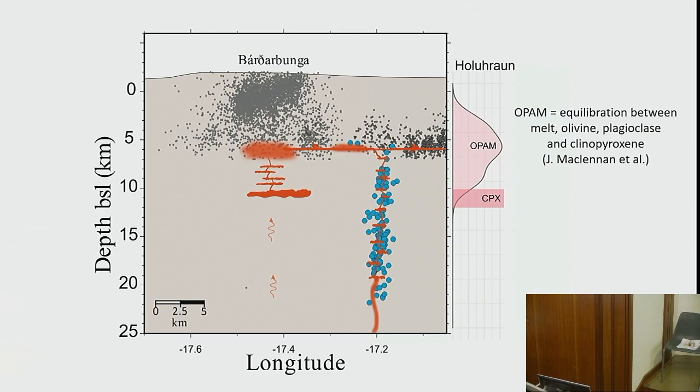Why is it vertical? You mean in the strike-slip faulting? Then you were talking about sills. This is the caldera here. Why is it subsiding vertically? Why is it...